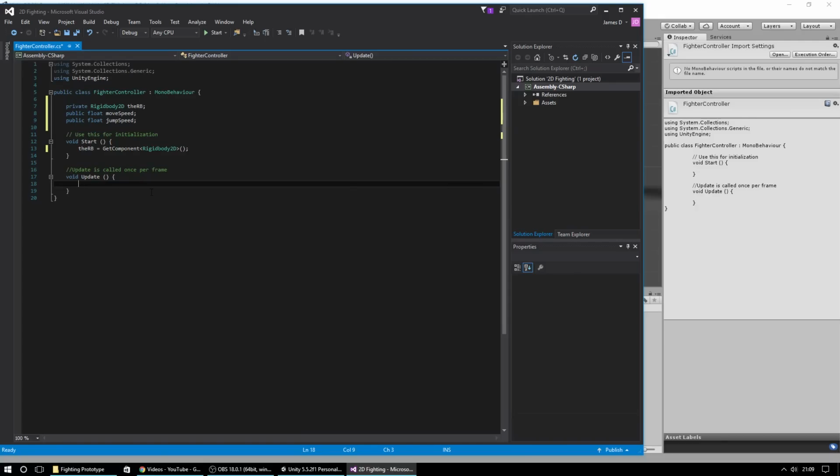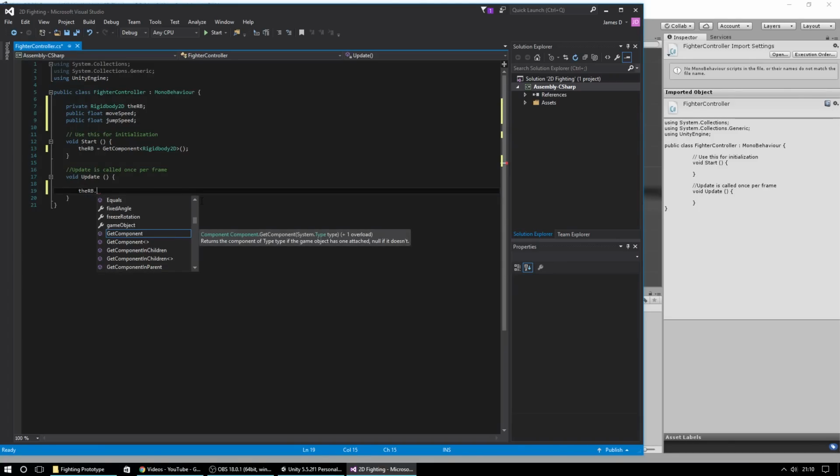So if we want to get the input for moving left to right, we don't need to worry about that one axis. So we can say if input.GetAxisRaw on the horizontal axis, if that is... actually no, we shouldn't do an if check. We can just set it to be whatever the current GetAxisRaw is. So we can just say on the rigid body dot velocity is equal to